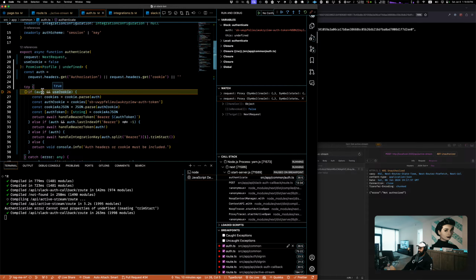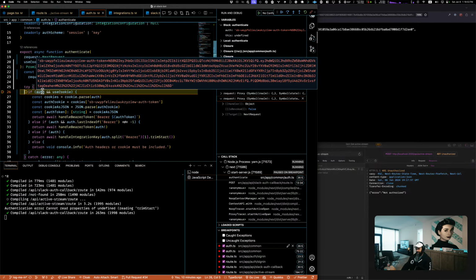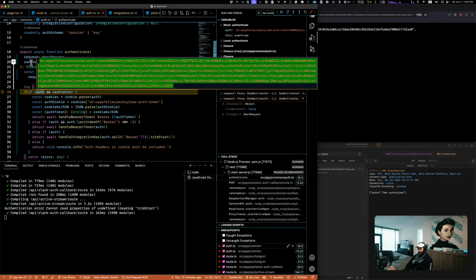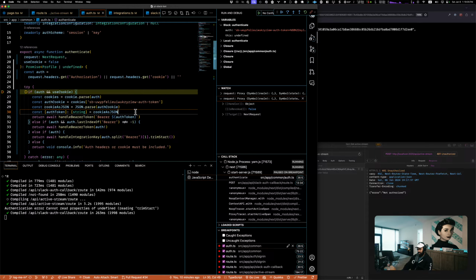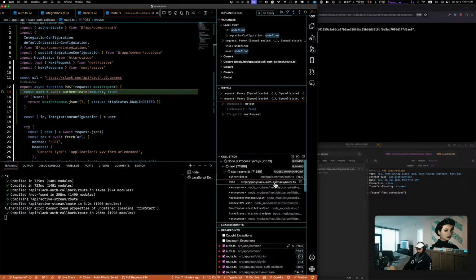Oh, I think I am starting to maybe see. Yeah, this is a whole other thing right here. Okay, all right, you see here? Somewhere I'm calling auth twice, but I'm calling it differently. All right, let's go to the stack trace. Who just called that? This is the auth callback route. Slack auth callback. Will that be a cookie? Yeah, I think that will be a cookie.